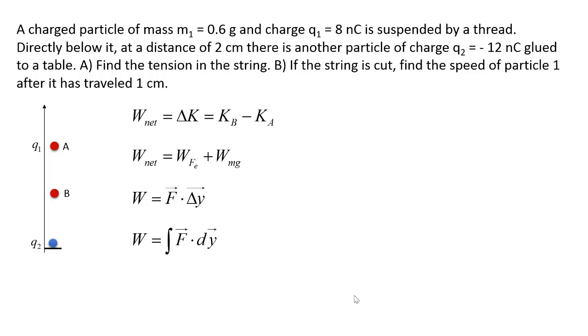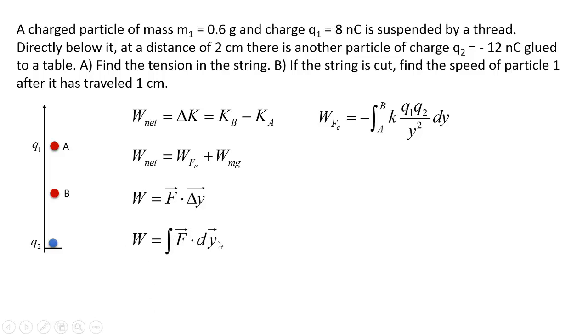From the two forces, the electric force changes with distance, therefore the electric force is not constant, but the force of gravity is constant as the particle moves from A to B, because it depends only on the mass and the gravitational acceleration, and both of them are staying the same. So in order to calculate the work of the electric force, I have to use the integral, and I will write then that the work done by the electric force equals the integral from A to B of the dot product between the